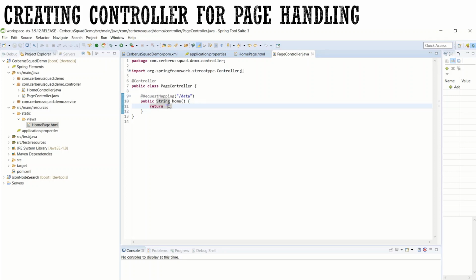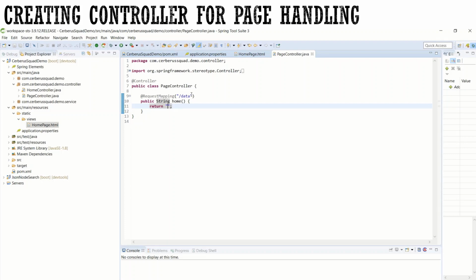I have put the double quotes empty over here because I need to explain how it is working, so that you will be more clear. When I call this URL inside the browser, it will go to this particular page or template, whatever name you have given here. So when I call slash data on localhost, whatever the port, it will come over here and return the response as an HTML page.